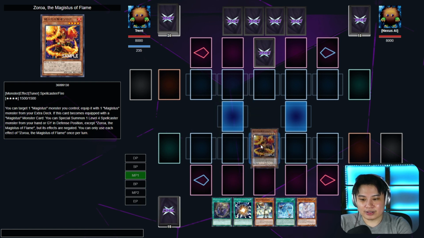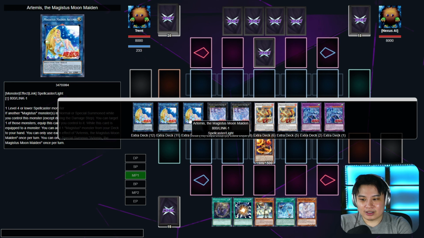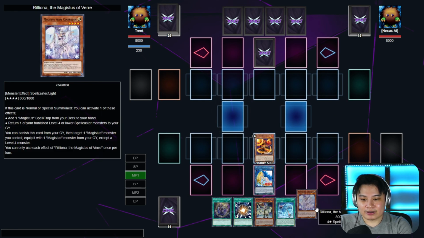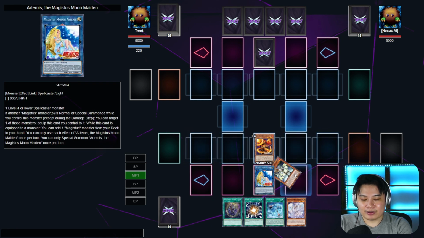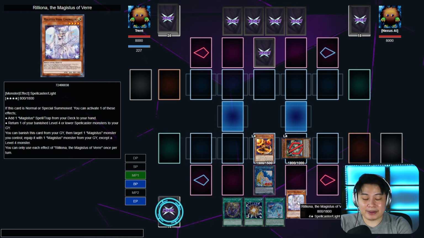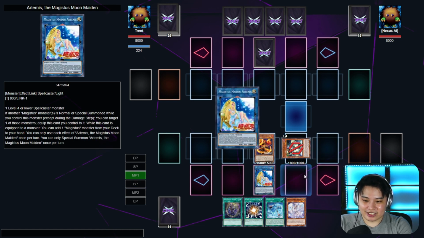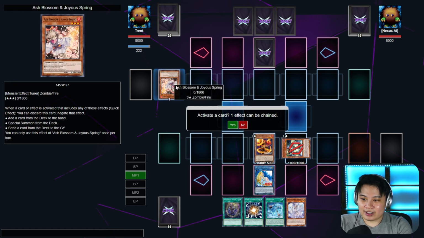Activate. Equip. Artemis. Activate the Zoroark. Finding ourselves a Crawly. Not using the Madame Vere, because when we use the Madame Vere, her effect will be negated when it goes on the battlefield, which we don't want. Activate the Artemis. Artemis is going to use...